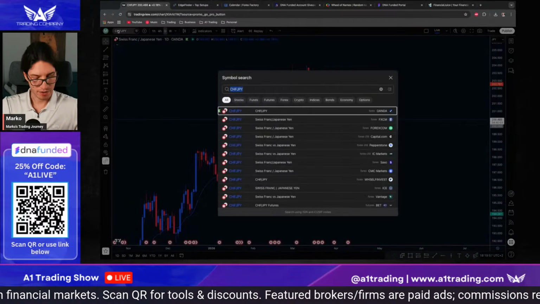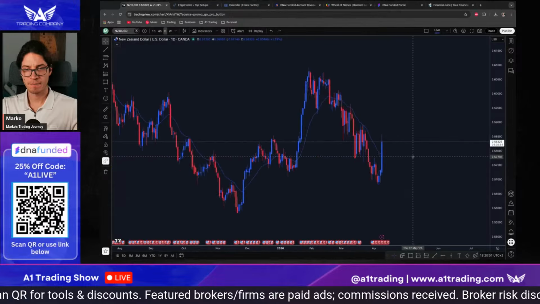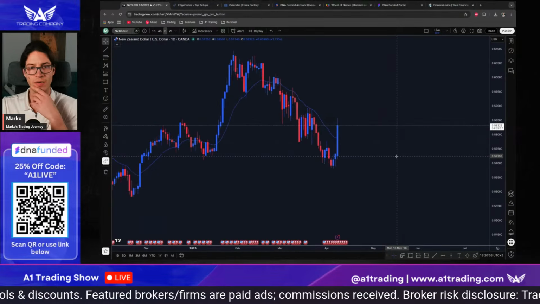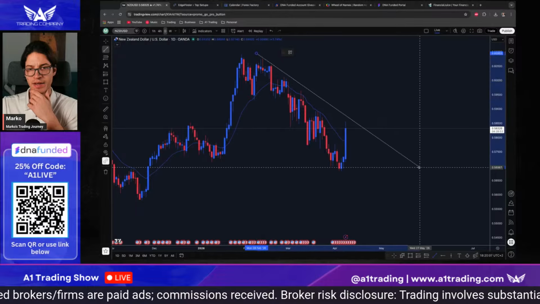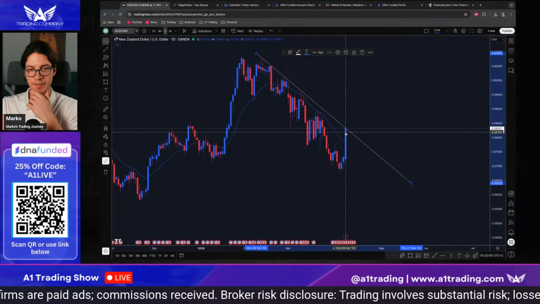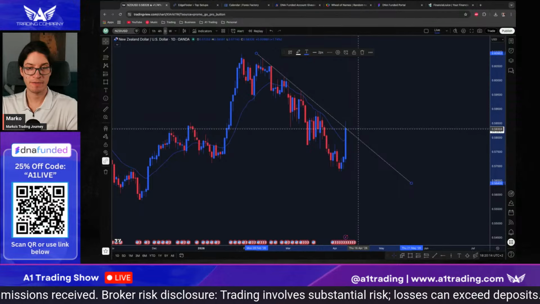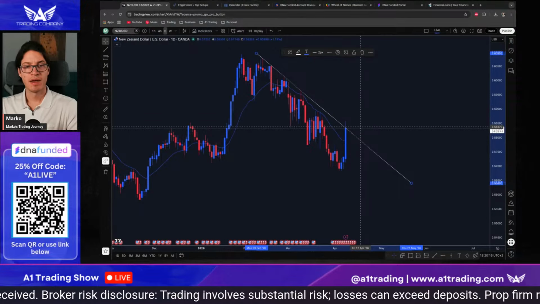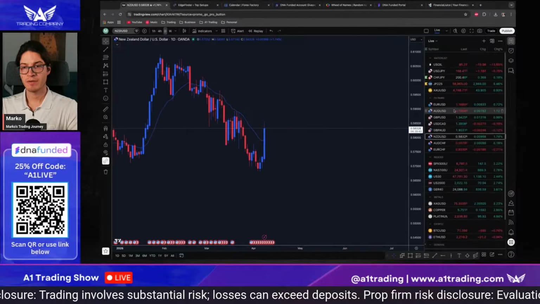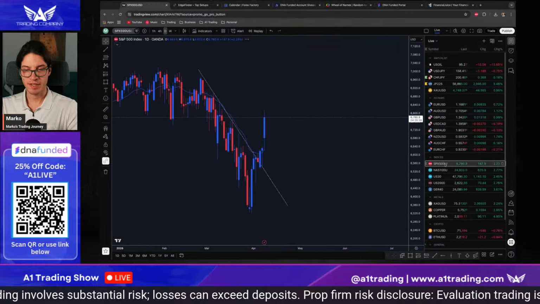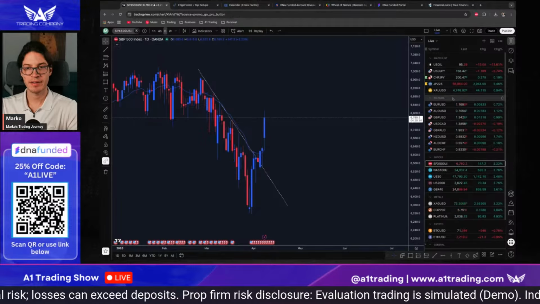NZD-USD, let's take a look. I know Alan sold, so Alan is playing for a bit of a fade. He wants to fade the impulse, which, looking at the macro, I think is actually a smart play, because there has been a huge reaction from the ceasefire. But if you look at the ceasefire in depth,